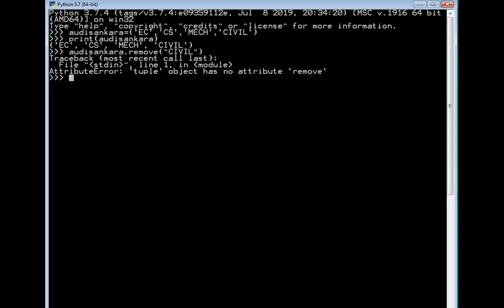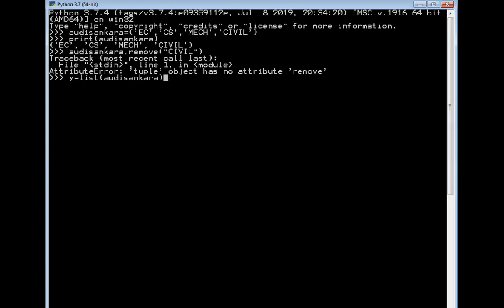So how do we convert it into a list? Now you can clearly notice, I will be taking y equal to list, and then in brackets I will be specifying the tuple name. So what is the tuple name that I have taken?